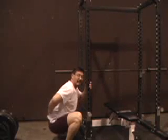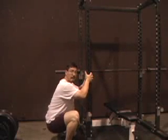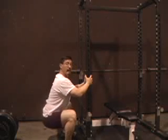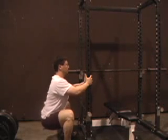Notice how my lower back right now is kind of rounded. That's pretty natural. If I'm working on that arch, what I would do is I would just hold on to this pole for support, and I would work at this position at straightening out my arch. When you do this,